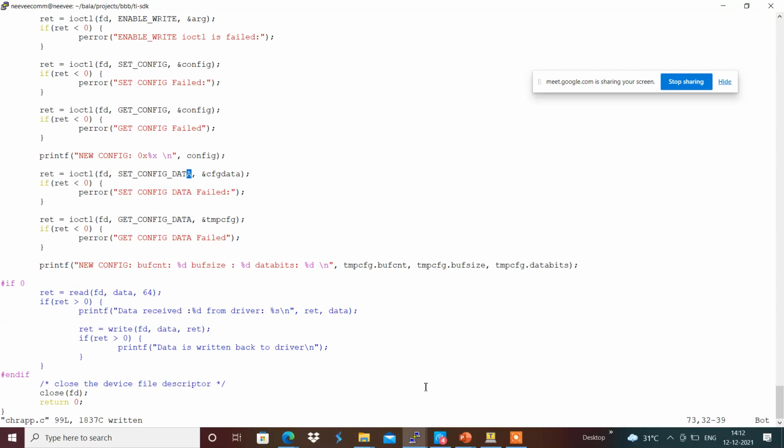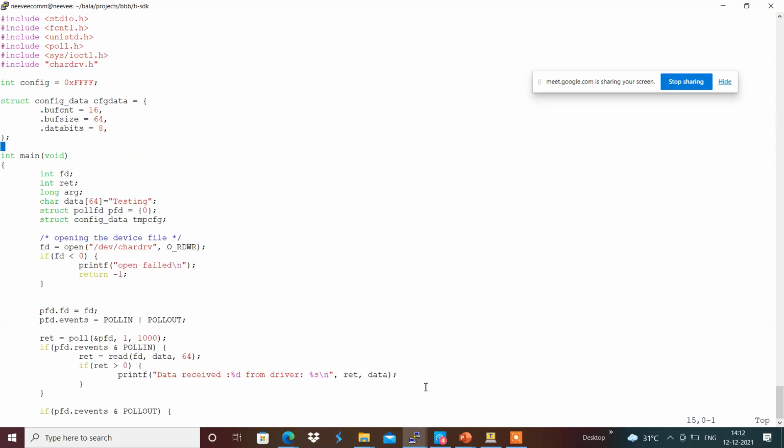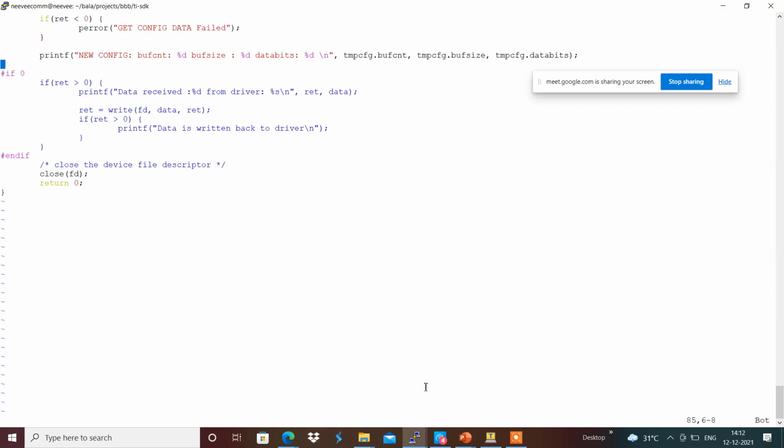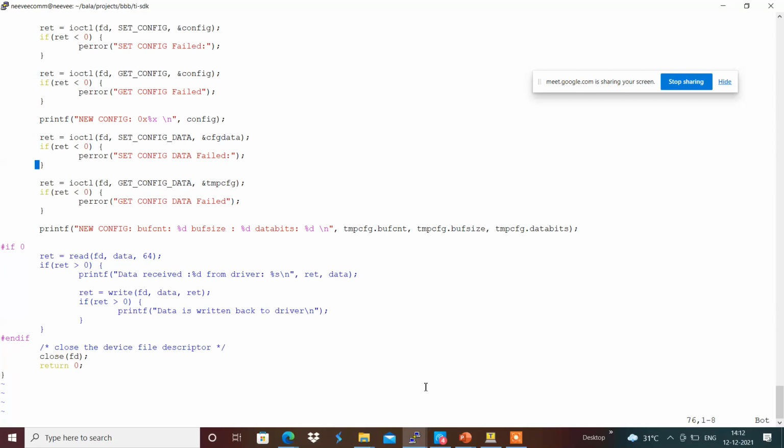TMP, it is something that we will see. We are providing the CFG data to this, and we have something like a TMP buff that we will be having over here.